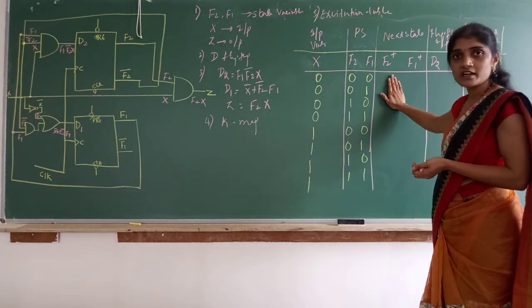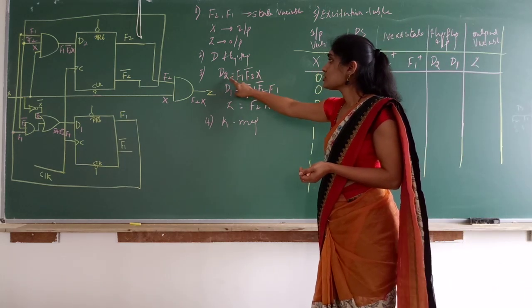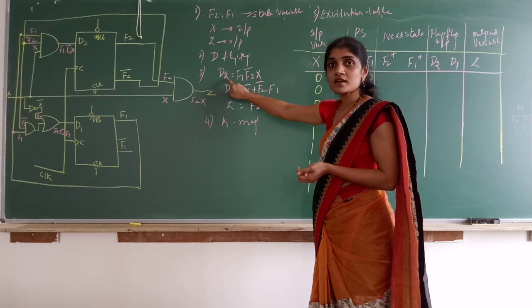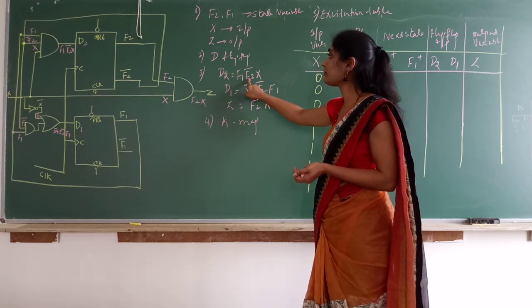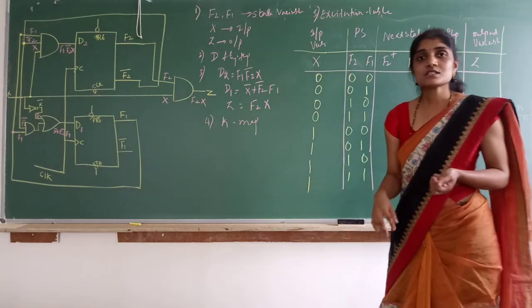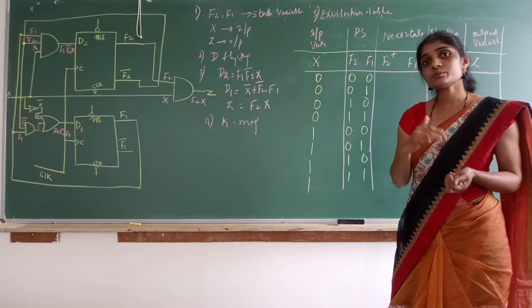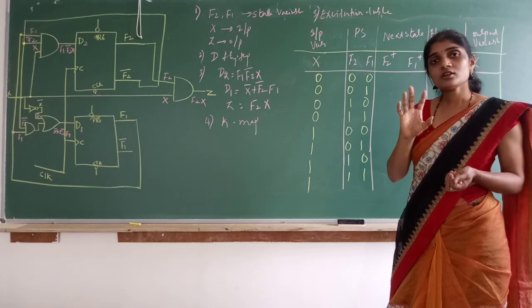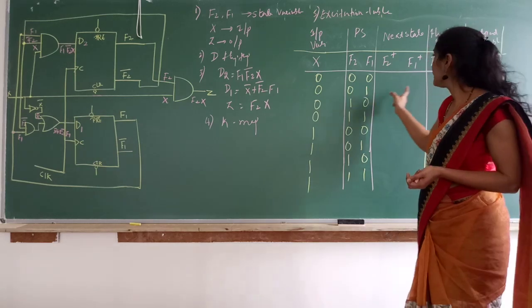So now the next state we'll write afterwards. We have the equations for D1, D2 and Z. So let me start from D2. What is D2? D2 is equal to F1, F2 bar, X. In the last few problems, the flip-flop input equations were very simple. But now it is a bit more involved. Not difficult, you just need to analyze the inputs properly and then fill the column.